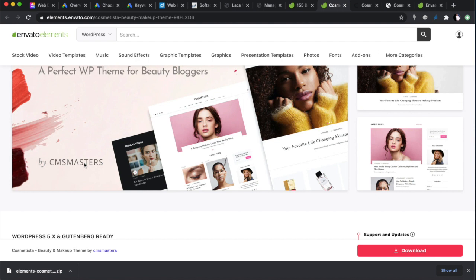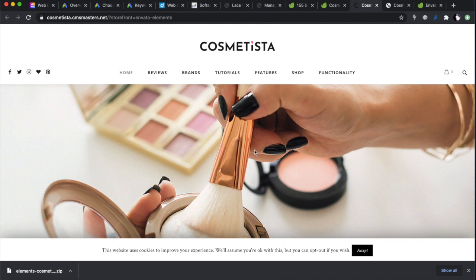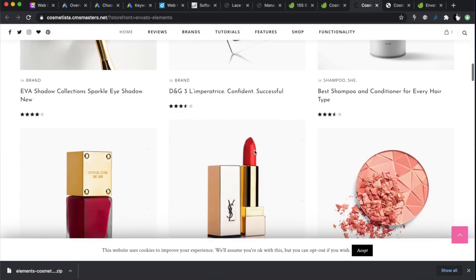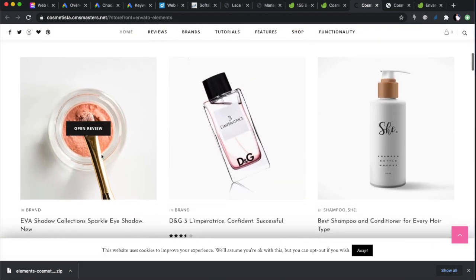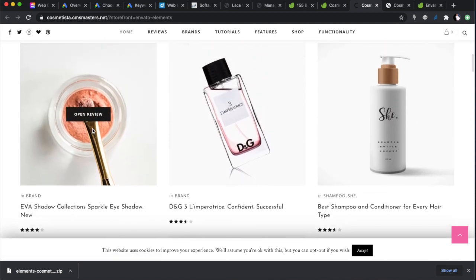Okay, what I like about CMS Masters is you're going to pay for this once. And once you pay for this, a lot of the additional premium things you would pay for in Elementor Pro or whatever are included in the theme. The theme allows you to do a whole lot, and I'll show you, right? You can look at the live preview. This is a live preview of the website. The thing I was talking about is adding your products on the front page like this, and having them linked directly to your product list.